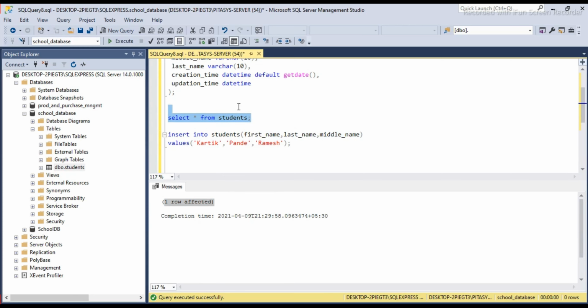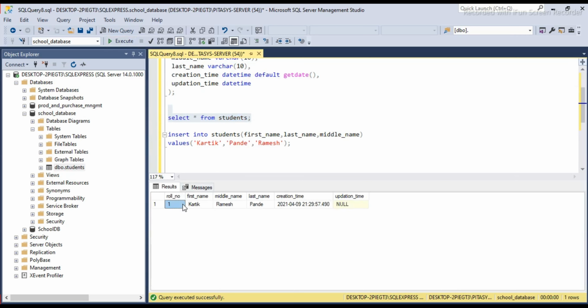Now we can check using the select star from Students query. You can see one record is inserted with roll number 1, first name Karthik, middle name Ramesh, last name Pandey. And as per our default constraint getdate, the datetime is also inserted in creation time.